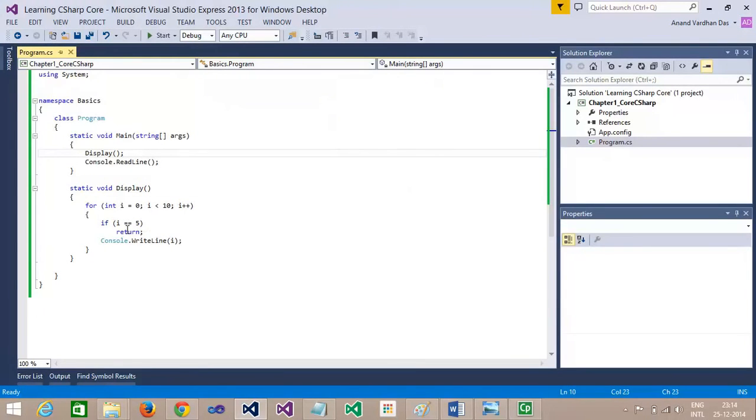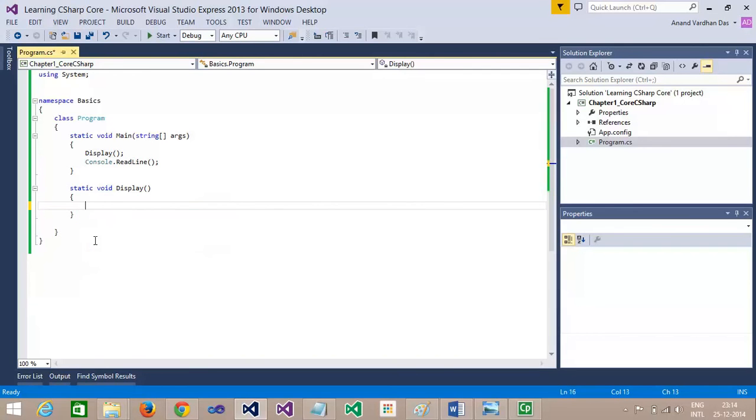If you want to return some value from a method, then we use return. If the method is returning an integer type, instead of void, then we have to return some integer value. If you do not return some integer value, it is going to throw an error that not all code paths return a value.